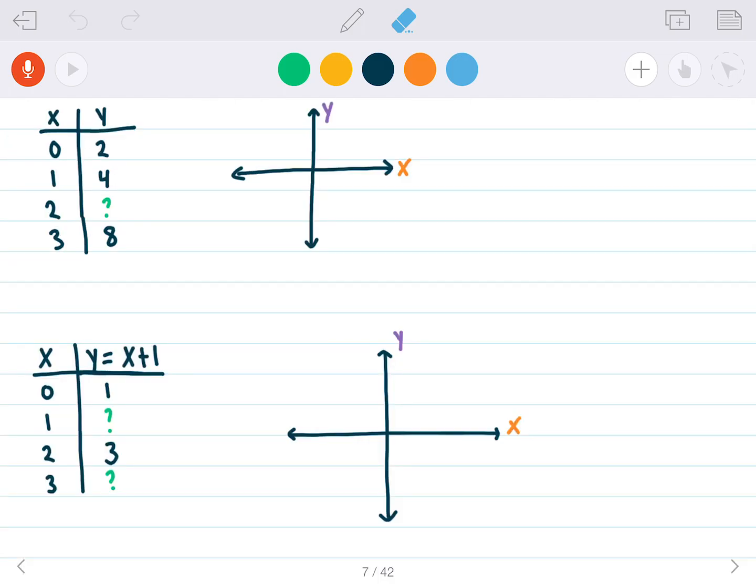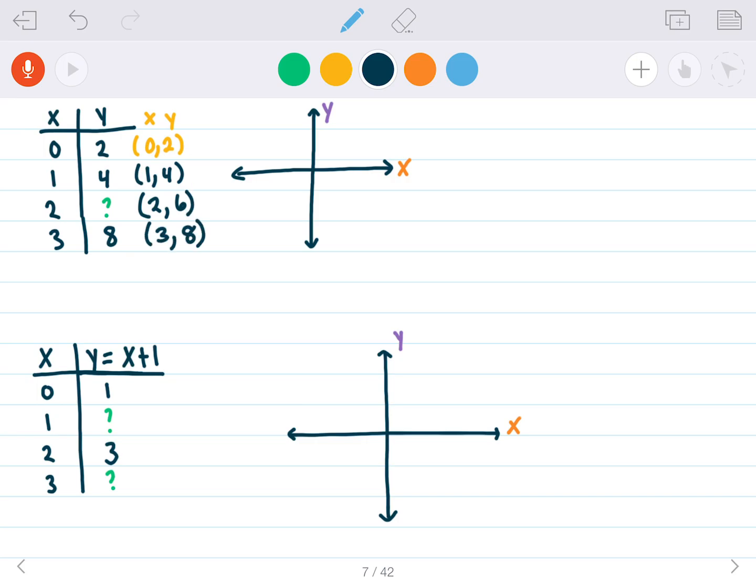Okay. Alright. Now we have this table, so we have X's and Y's. These are all ordered pairs. We can plot them. As a table, we can write this as 0, 2. Right, that's our X and our Y. We can write this as 1, 4. We can write this as, well, what's the question mark? What's the pattern? 2, 4, something, 8. That has to be 6, right? So this is going to be X is 2, Y is 6, and then finally X is 3, Y is